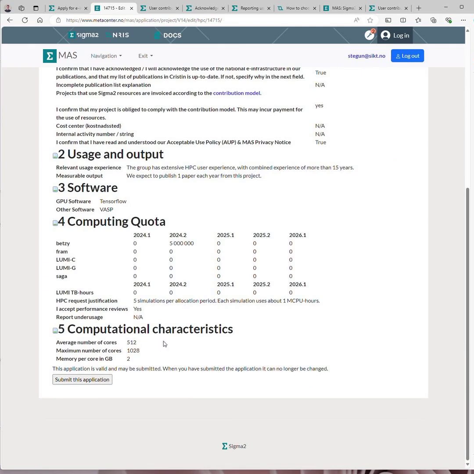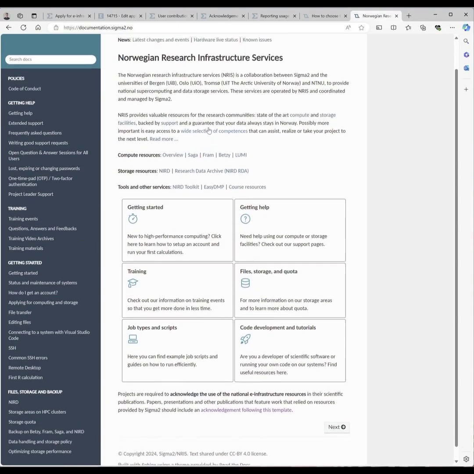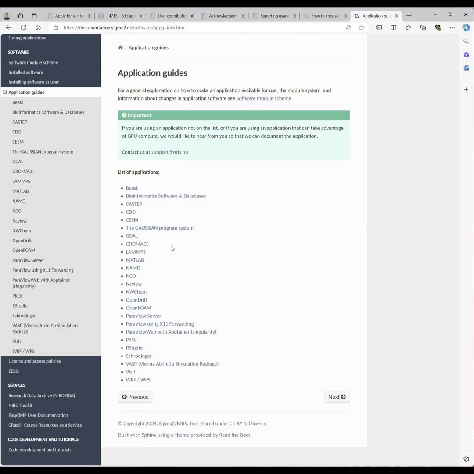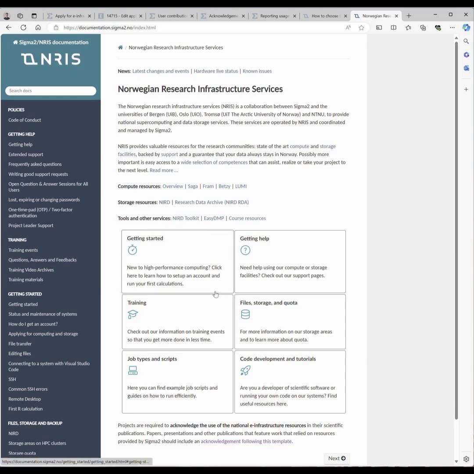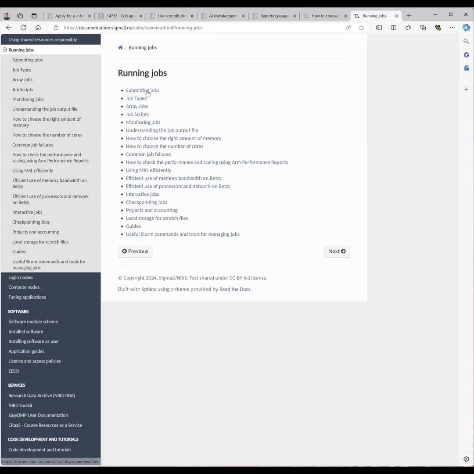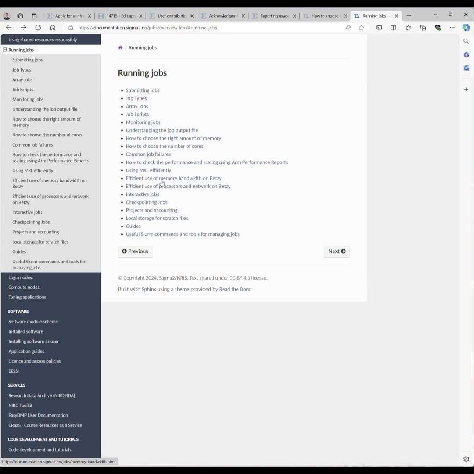As a closing remark, I would like to point out that we have excellent technical documentation available that might help you answer any questions you might have regarding which machine is best suited for your jobs, what number of cores you should use, or how many CPU hours you need, and more. It might be a good idea to have a look at the documentation before filling in your application. The documentation can be found at